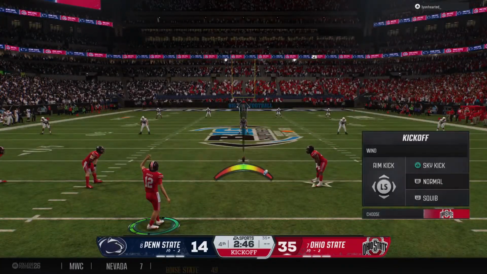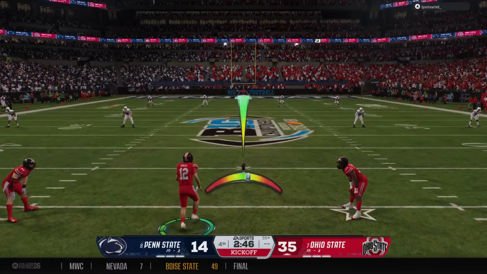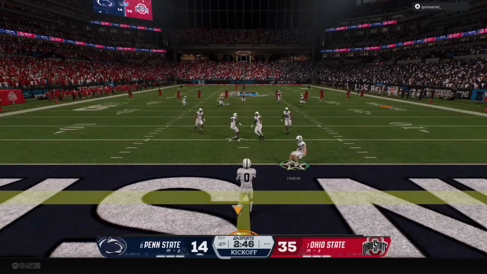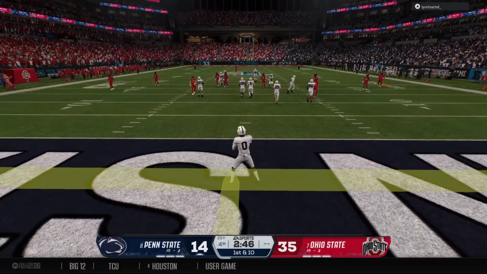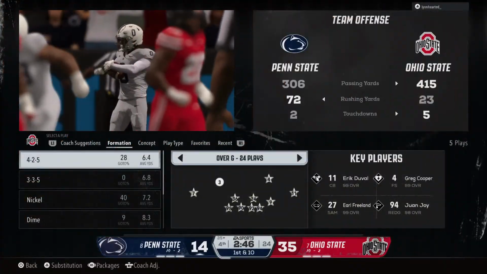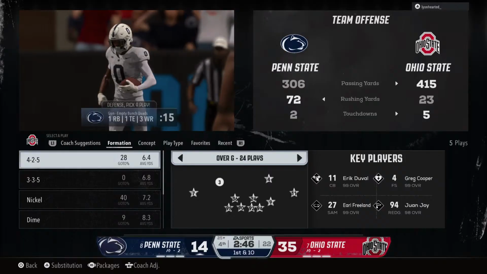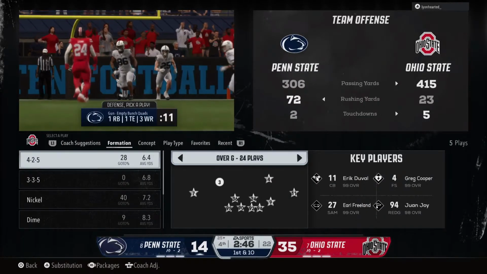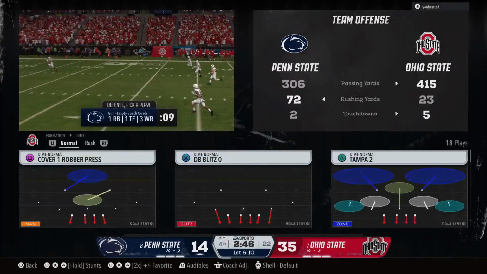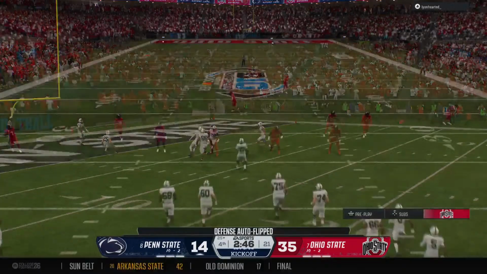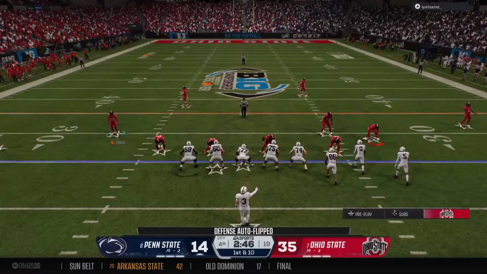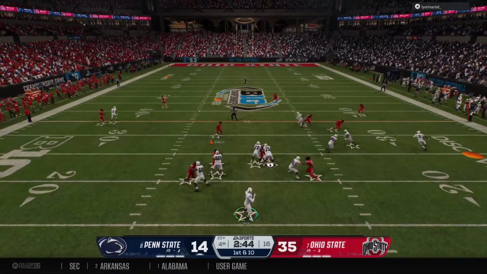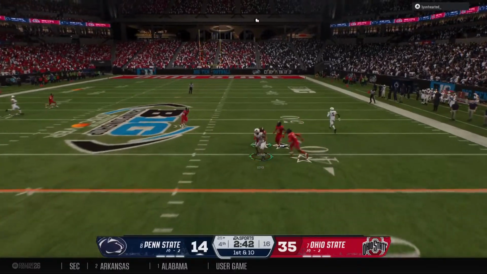Got momentum after scoring that touchdown. Now the kickoff team out there to kick it away. Doesn't bring the kick out. Touchback. They'll start at the 25. Penn State offense comes back on the field. Any hopes of a conference championship depend on scoring and scoring quickly. Can they make a play? Looking for his big tight end.